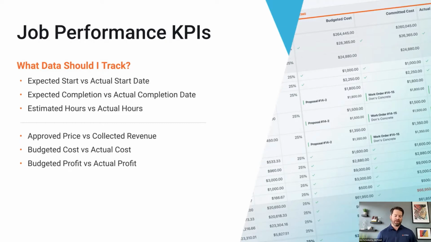And we highly recommend that you collect deposits up front. You collect progress invoices along the way. You have a final invoice at the end. Do not wait till the end of a job to invoice for the full amount. Like, you are putting all of the risk on you. You need to collect up front and along the way. And in order to be able to do that successfully, you need to track that along the way. So understanding the percentage that you've invoiced, the percentage that you've collected, what's outstanding, what still needs to be invoiced. These are very important metrics to make sure that you're tracking so that you can keep managing the cash